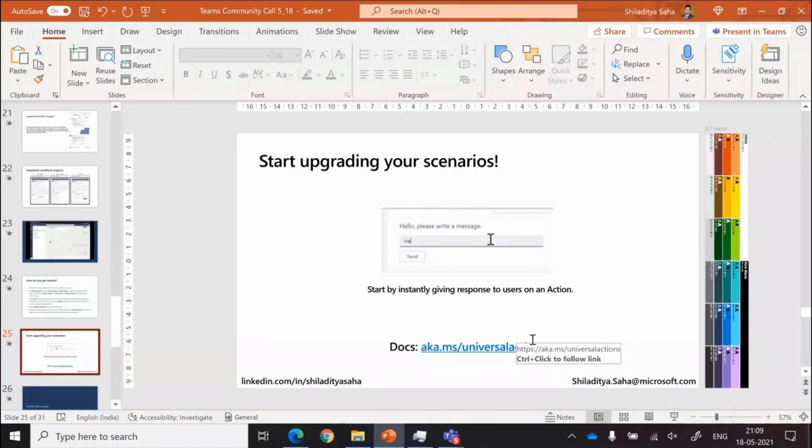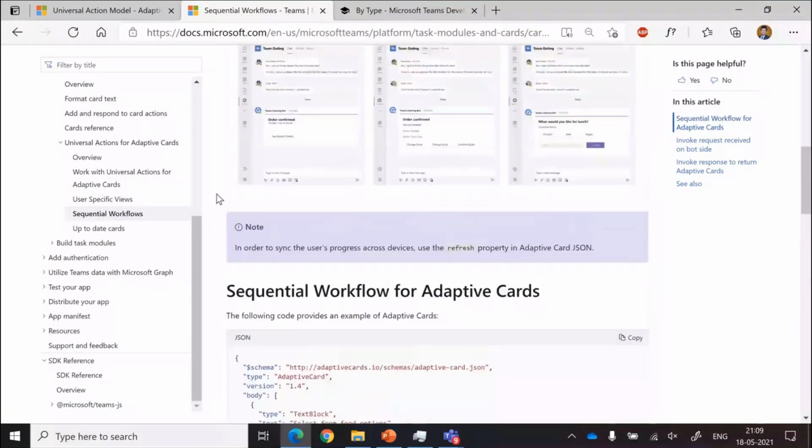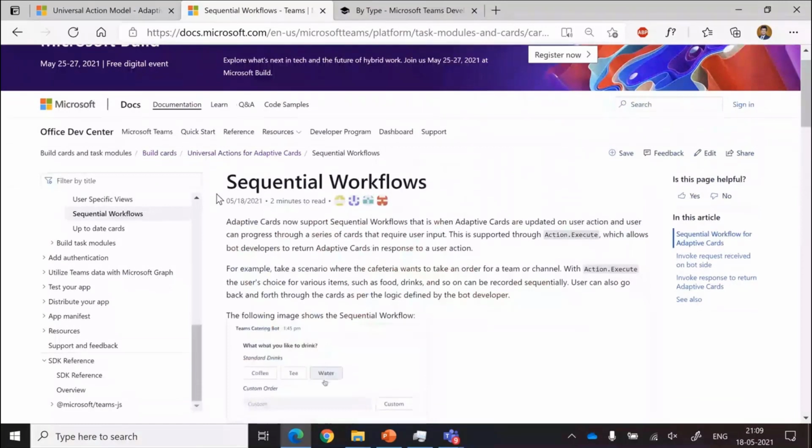One question which came up on the chat, there's some good discussion on the links and all of that. Can we go back to the documentation? There was a question related to supported adaptive card versions in Teams and in Outlook. I know that universal actions are supported in 1.4 forward. So the assumption would be that both are at least on version 1.4, but do you have explicit information on this? For all of the features that we showcased here, you need to change the version to 1.4, and only with that do these features work. That is the Teams and Outlook story, because Outlook and Teams only accept these cards in this version.